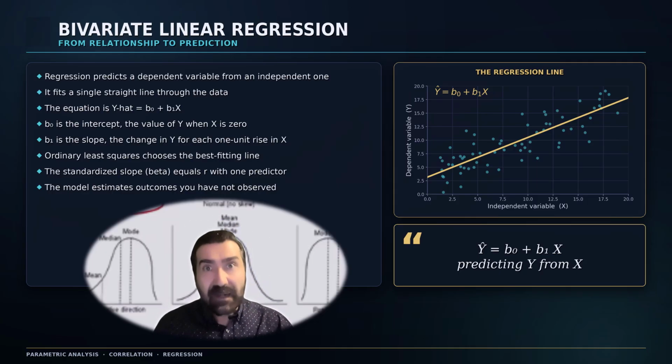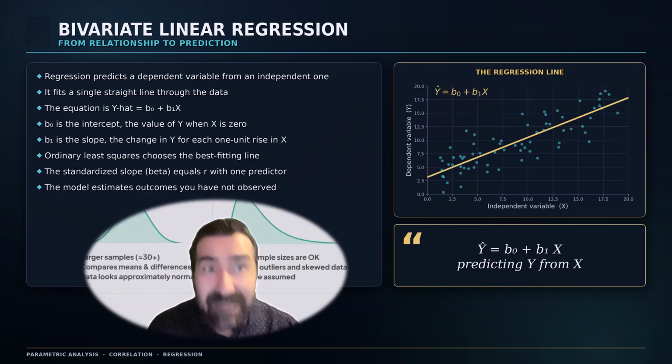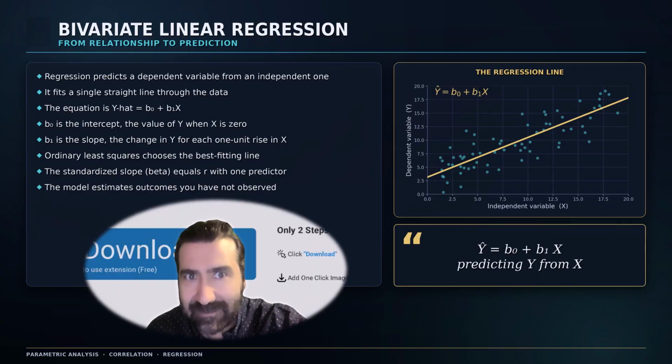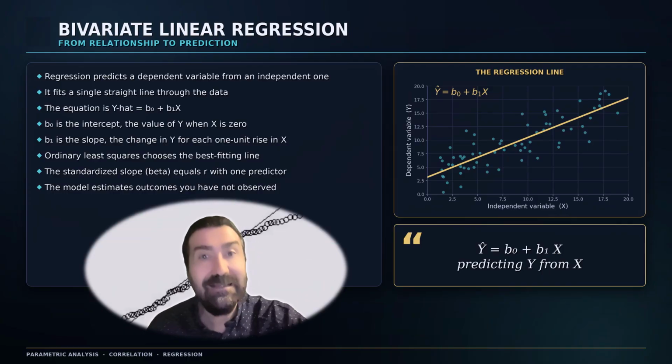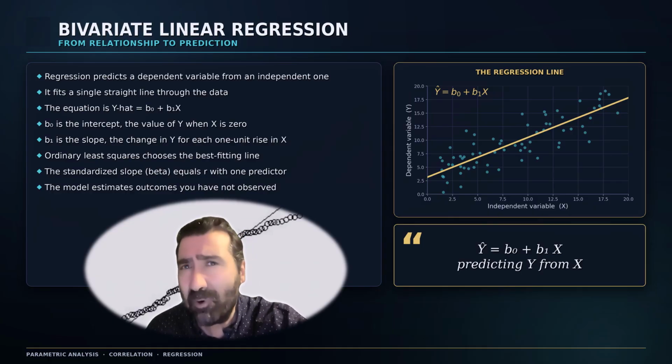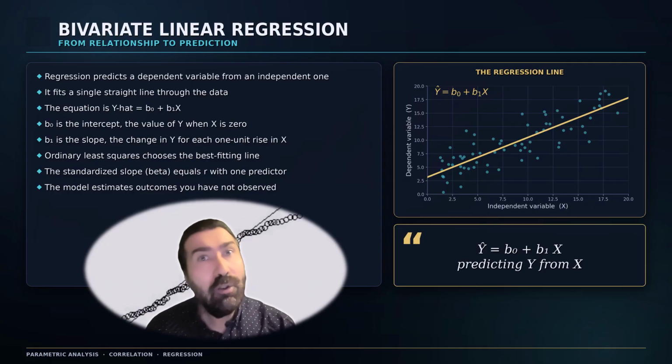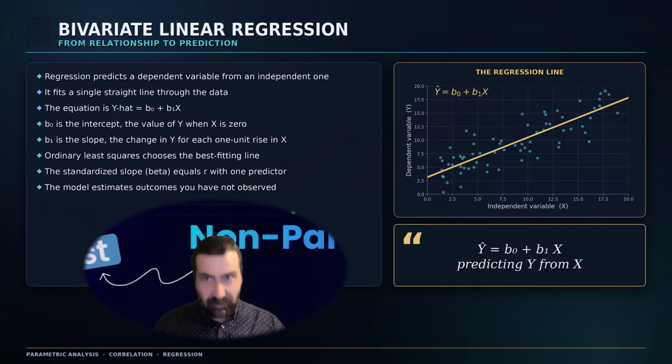We take a predictor, our X, and use it to estimate an outcome, or Y. Let me make that concrete. Imagine you run a little coffee shop and you have noticed that on hotter days you sell more ice drinks. Correlation all on its own would just tell you those two things move together,